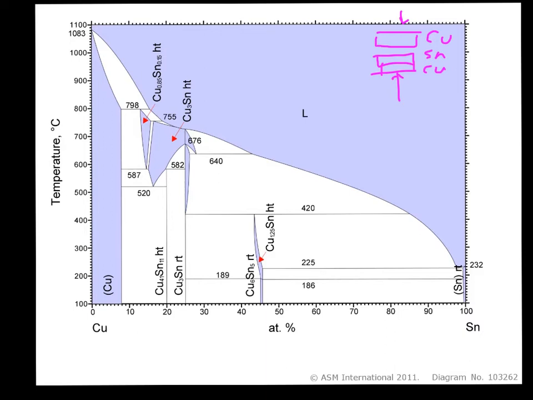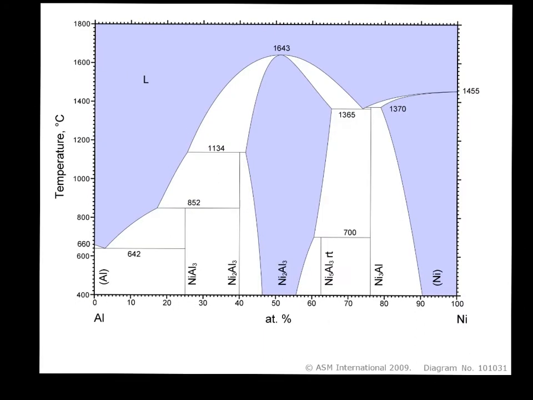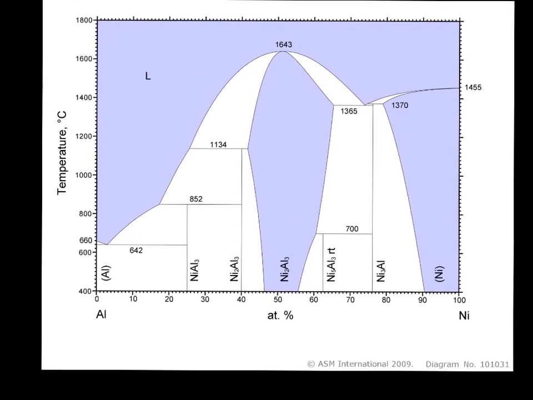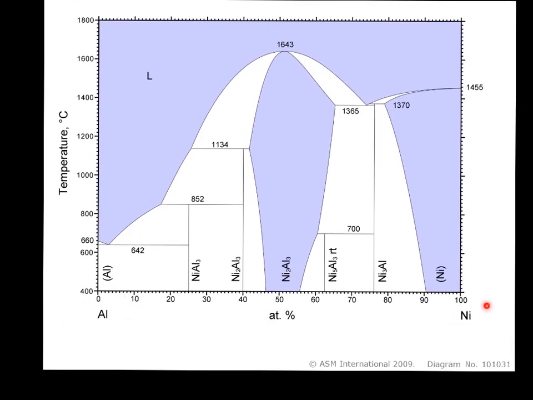So let's look at another example. Our next example is the aluminum and nickel system. Aluminum nickel is important in high temperature alloys for jet engine turbine blades. These are usually made out of a nickel-based superalloy, so it goes beyond simply the addition of aluminum. But nickel and aluminum is an important binary system because we can understand a little bit where these alloys get